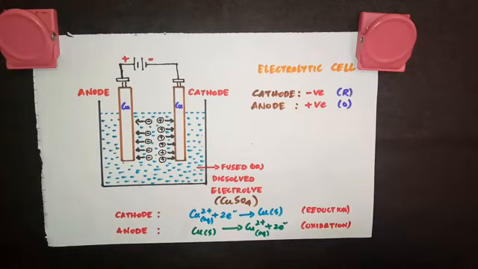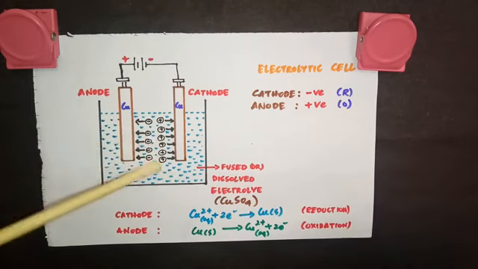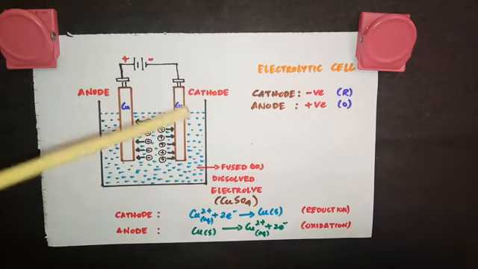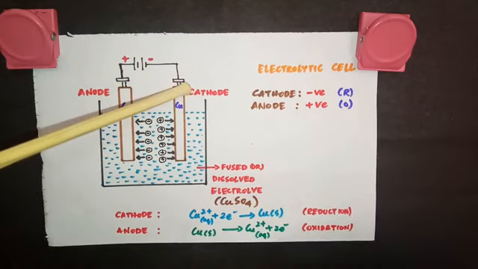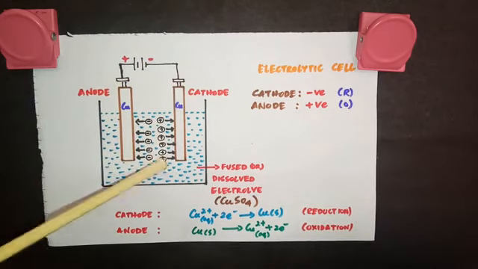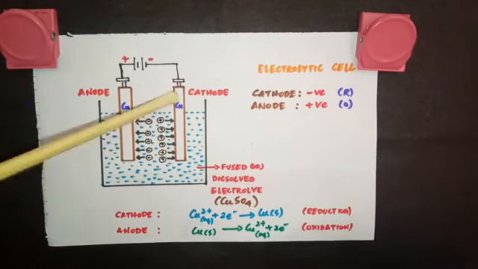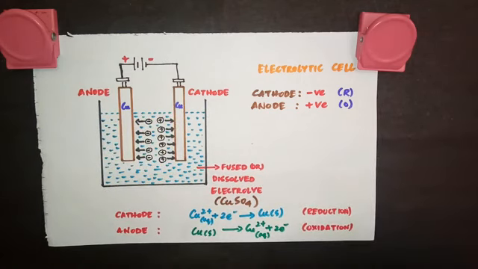Now, when the electric current is passed, the ions present in the electrolyte are attracted towards the oppositely charged electrodes. The positive ions move to the cathode, because the cathode is connected to the negative terminal, so this electrode is negatively charged, so obviously positively charged ions will be attracted to the negative electrode. The positively charged ions are called cations, since they are attracted to the electrode called cathode. In the same way, the negative ions move towards the anode, so they are known as anions.